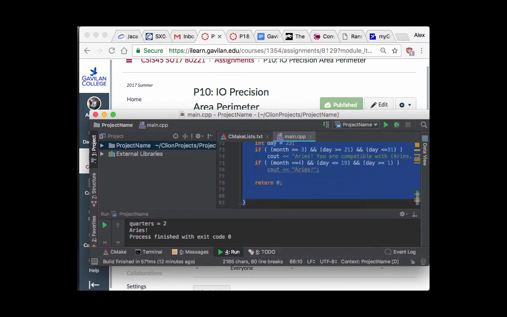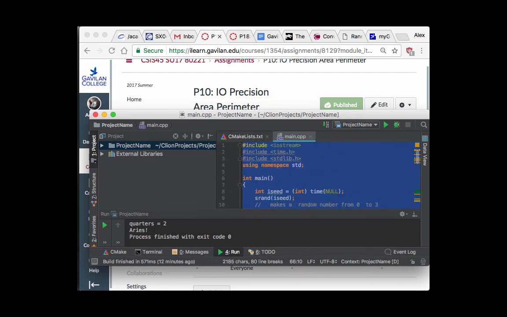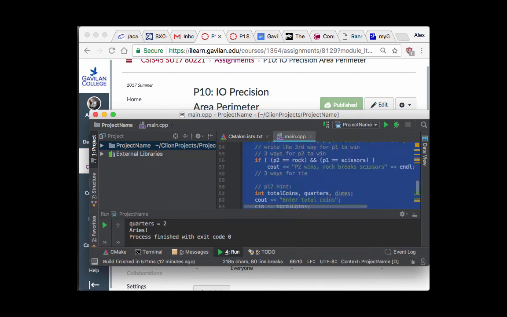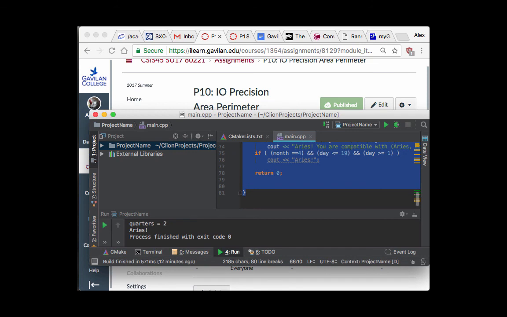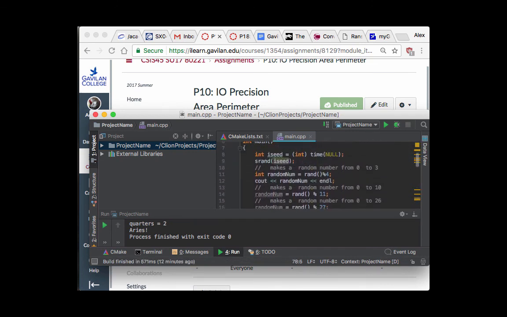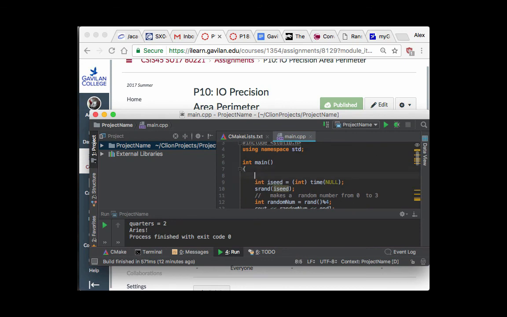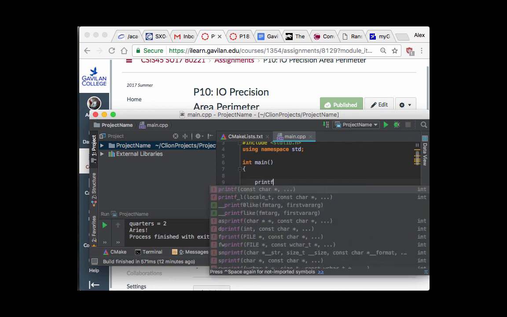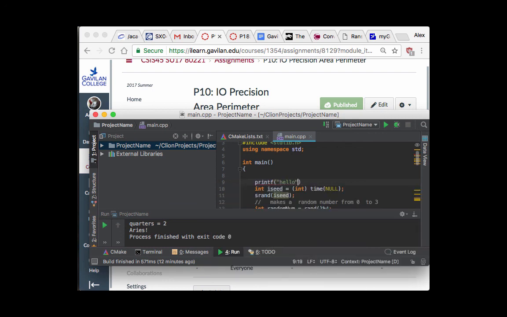printf. Let's see if printf works. I'll show you printf in there. I'll throw it all the way at the top so I don't have to enter things. Right here. printf. Hello. There you go. So printf is how you do things in C, and C++ is backward compatible with C,